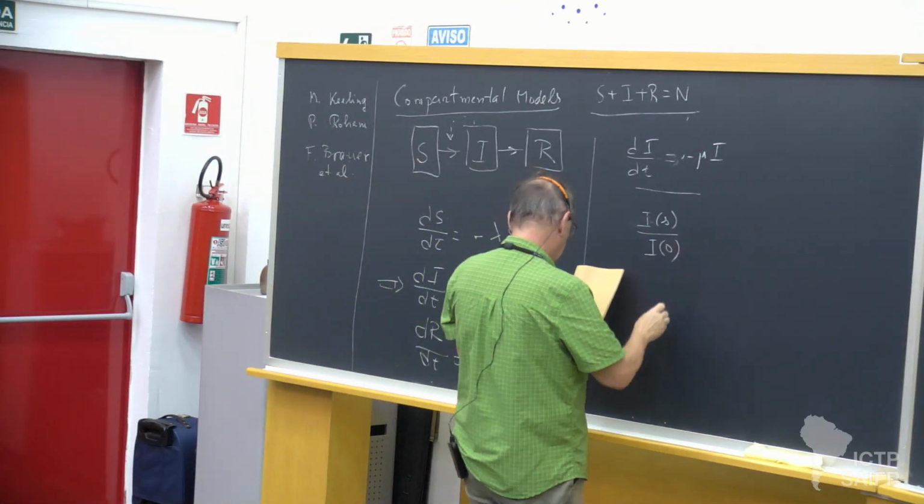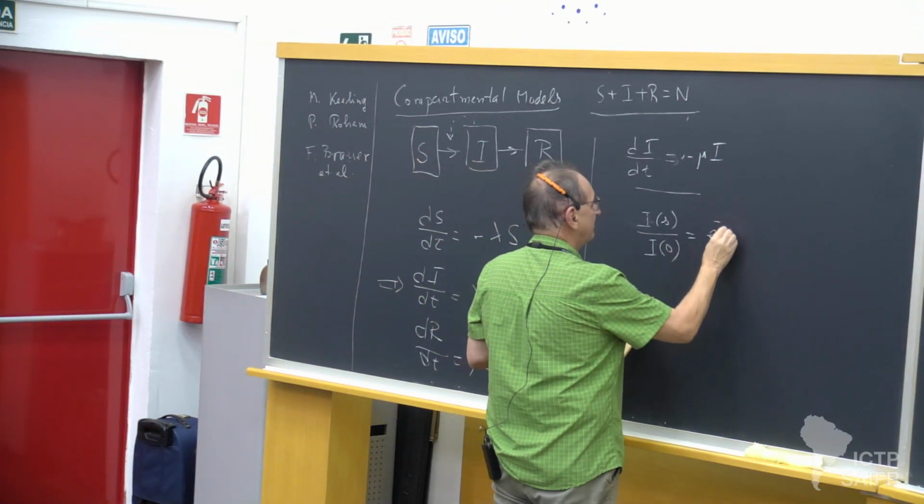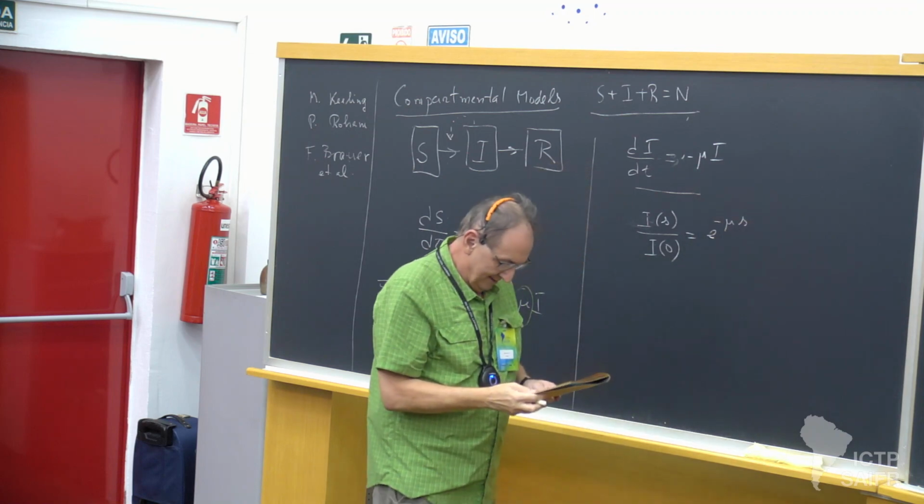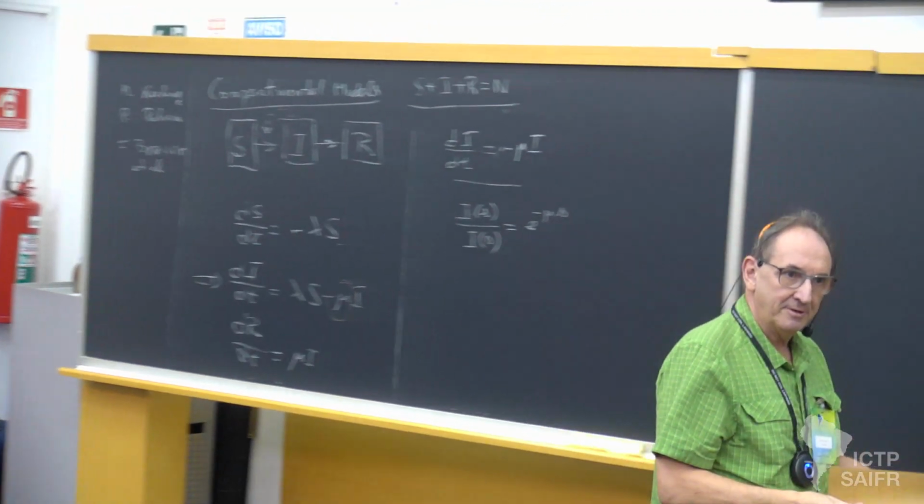This will be equal to e to the minus mu times the time s. Okay? So the length of the infective period